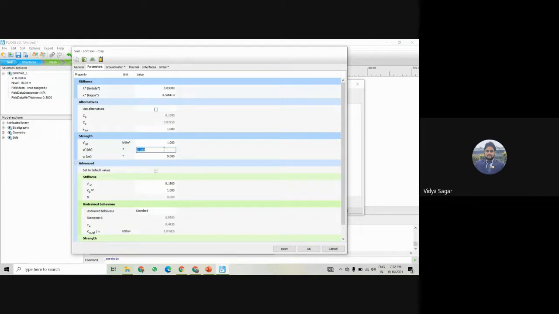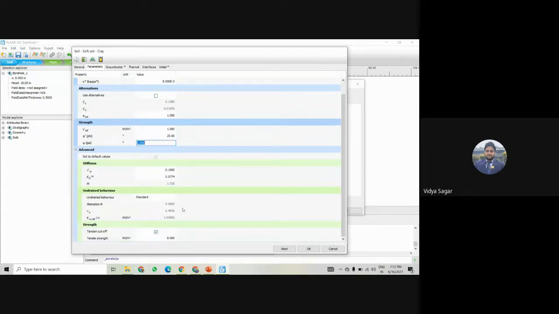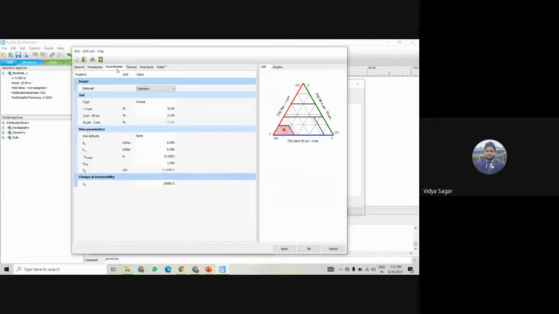So cohesion is 1, phi is 25, and psi is 0, and everything else will be constant. Then I move to the groundwater. Here we can see kx and ky, the permeability. The permeability is 0.001, and the same, 0.001. Okay, this is done.